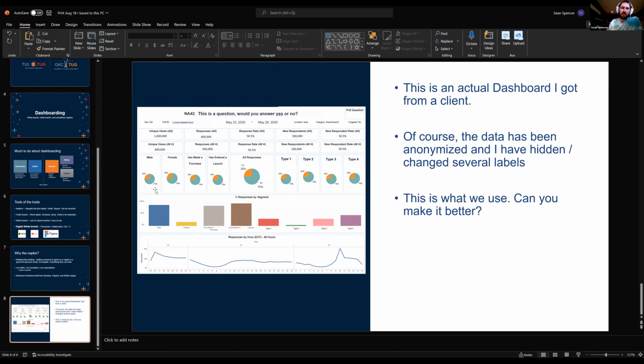And what these do is evaluate the answers of their customers based on the specific segments that they fall into. And below that are the percent of responses received by those segments. And I know that can be confusing. I had to go back and forth with them on quite a bit, but I'll explain that later. And then down below, of course, they have a timeline of when, from the moment that this was pushed out, how respondents answered to this question.